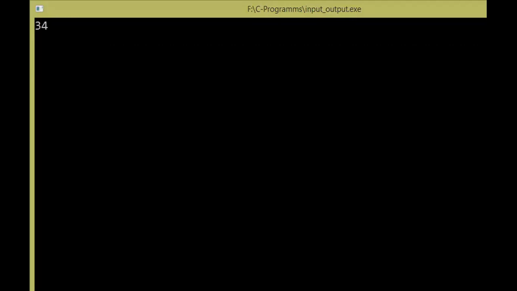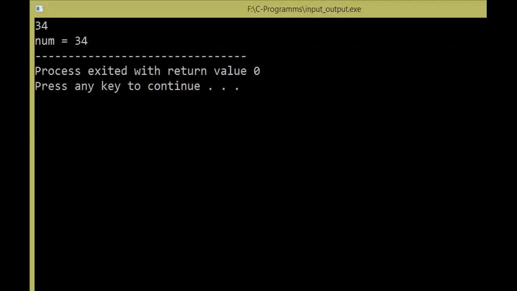Suppose we are entering a value 34. And immediately when I press the enter key after giving the input, it displays the value of that variable. Okay, now I hope you understand how to take input using scanf. Next, we're going to see various other data types one by one.